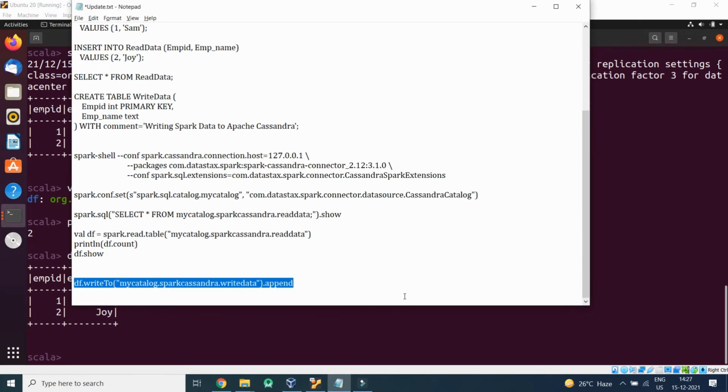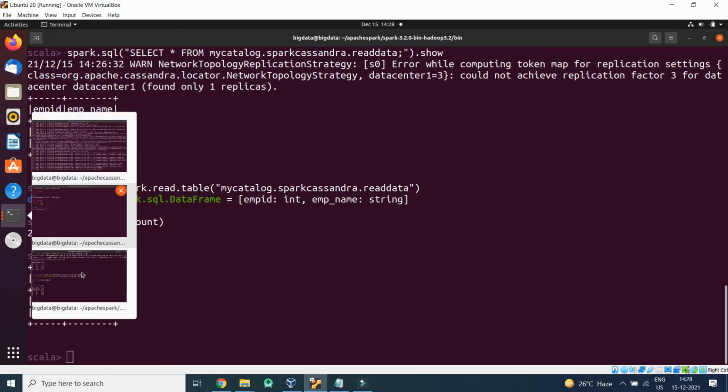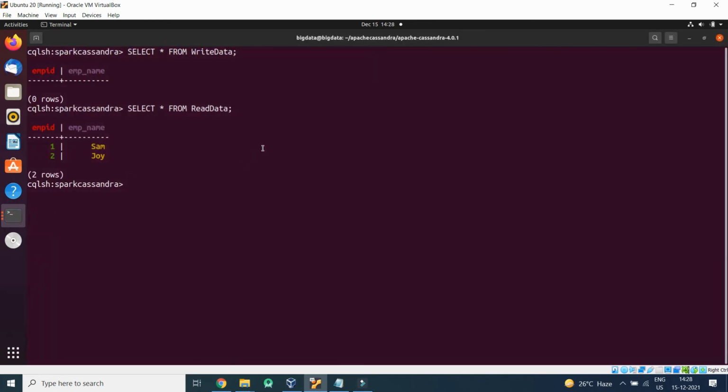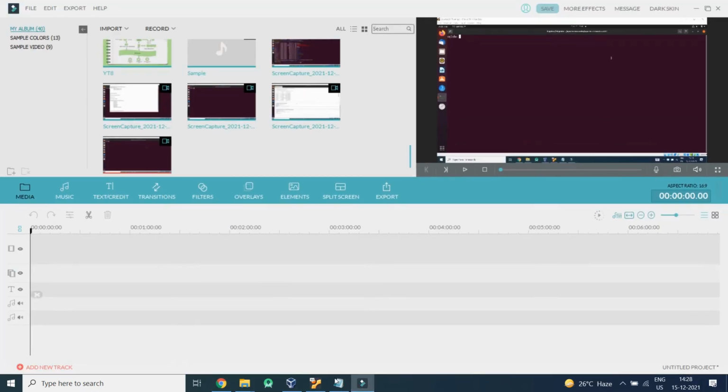Now we will write this data into the write_data table. So here you can see write_data is empty.